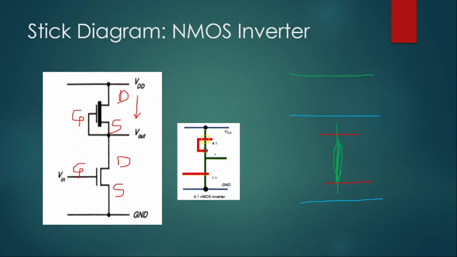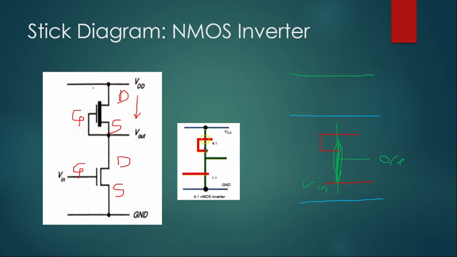And now see, what is the connection here? Here the gate and source are getting shorted. So that means the gate is made up of what color? The gate line is extending towards the source. That means your polysilicon line should be extended towards the source, and source is this. And then the output is also taken from the same color. So the output is made up of diffusion. So here green color is used for the output. So this is your output basically. This will be your V in, and this is all your connection.